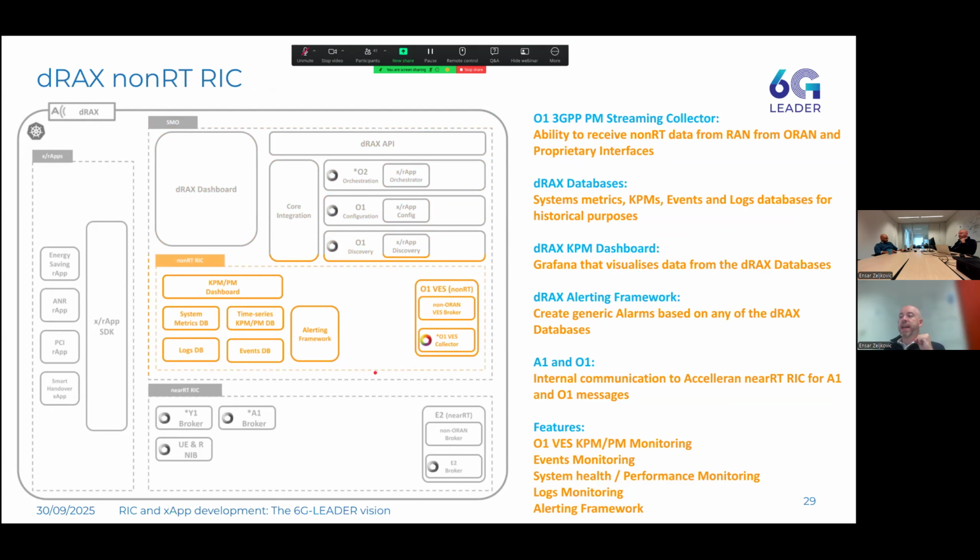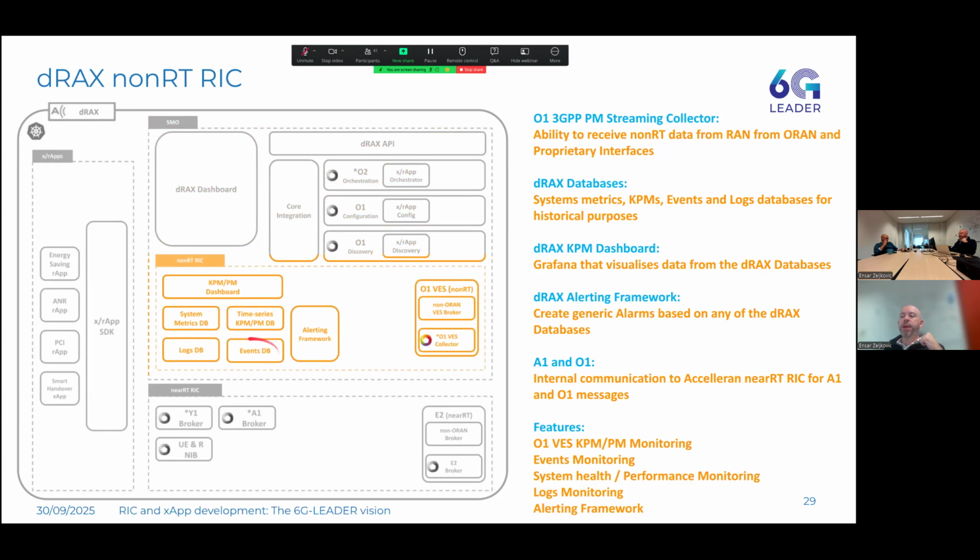All of this vast data is saved in multiple databases depending on, of course, the functionality. So we have a time series database that stores these KPMs in the time series. We have also a systems database which monitors the system health, so through CPU, RAM, general hardware metrics.